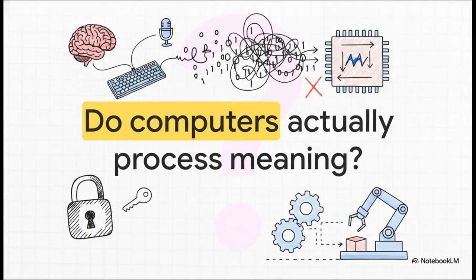So, do computers actually process meaning? I want to challenge one of the most basic fundamental assumptions we all have about how our devices work. When you type a prompt or ask an AI a really complex question, it intuitively feels like the machine actually understands the meaning of your words, right? Well, this is what researchers call the grand computational illusion. Beneath the surface, the machine doesn't understand your intent at all, literally not even a little bit. It only understands pure physics, resistance, and voltage.